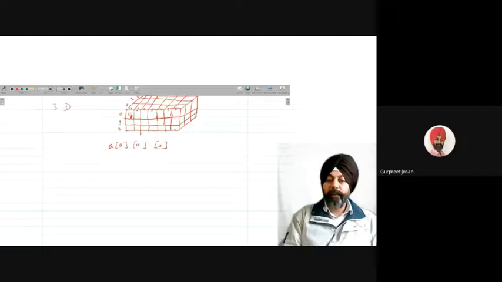And if I write the z-index as 0, row-wise 1, and column-wise 0, 1, and 2. So I am talking about 0, 1, this, and 2 means this. So I am talking about this cell.